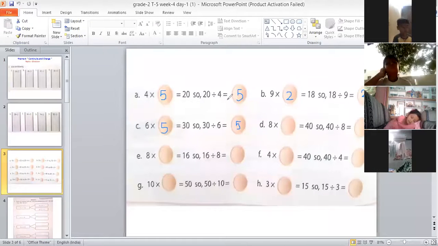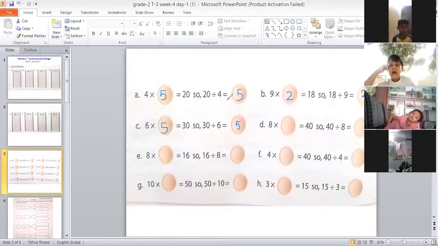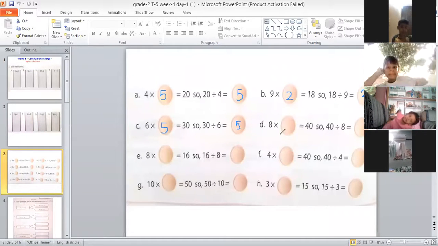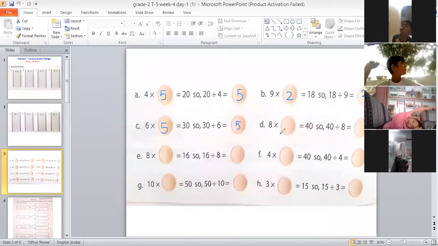Okay. Aditya Ram, please unmute yourself and read the fourth bit. Bit D. D for dog. 8 multiplied by dash. Adya, please sit properly. 8 5s are 40. Very good. Here we will recall the 8 table and we know that if we multiply 8 by 5, we will get 40. This means 8 5s are 40.